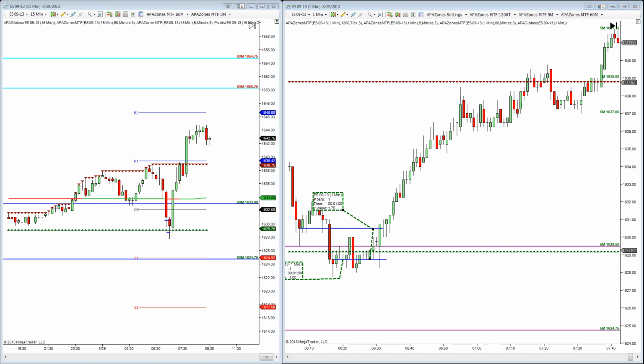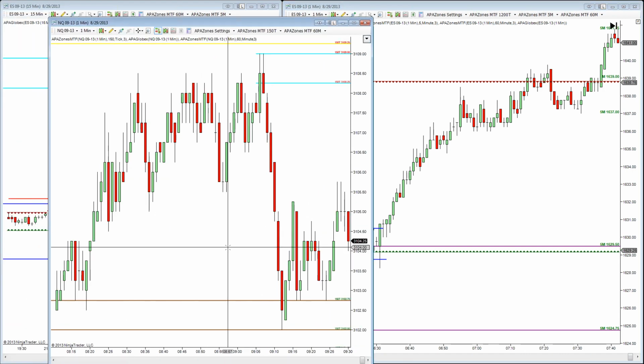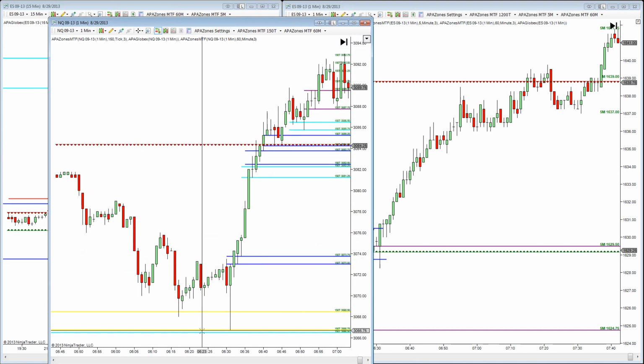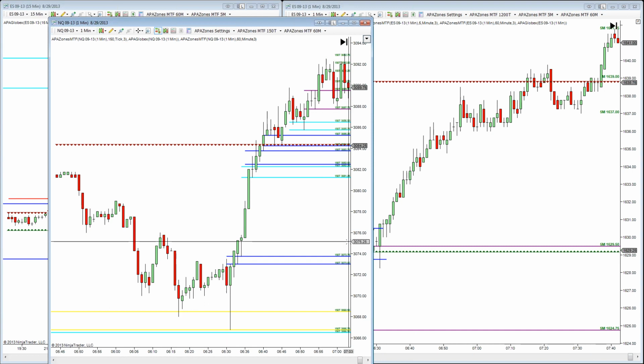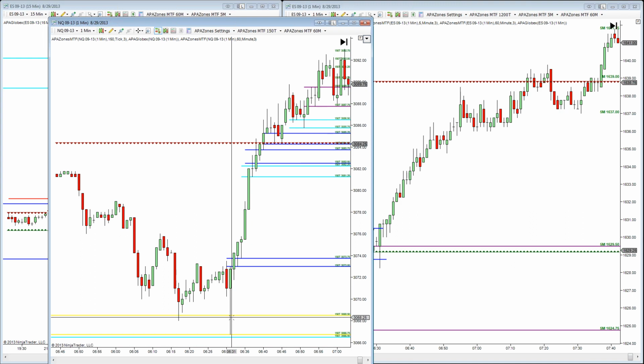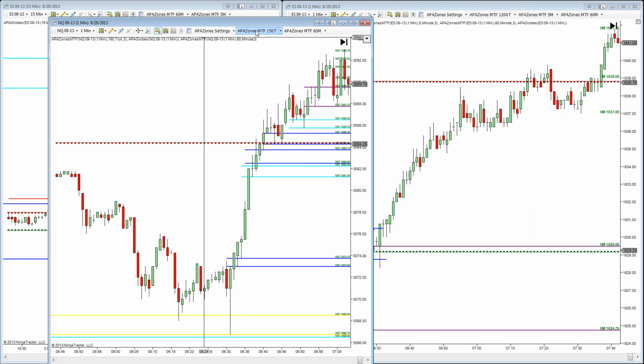and that one worked out really well. This trade over here on NQ also worked out really well, which I was able to get a hold of on this. Same type of deal. The Globex level was, actually no, it wasn't that close to a Globex level, but it was really close to a 60-minute level